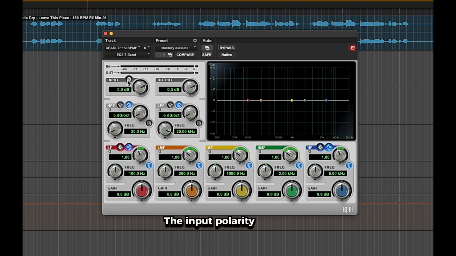The input polarity button lets you invert the polarity of an input signal to help compensate for phase anomalies occurring in multi-microphone environments. Getting into the EQ band control section, we'll start with this low pass filter. As you see, there's a low pass filter and a high pass filter, and they pretty much act in the same way. It's also a low filter, a low mid filter,